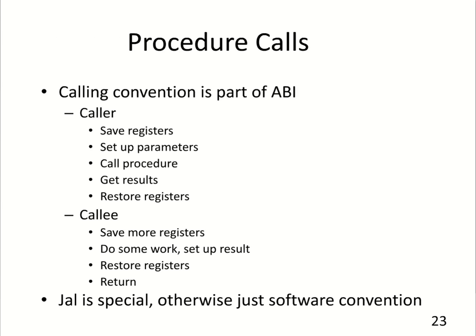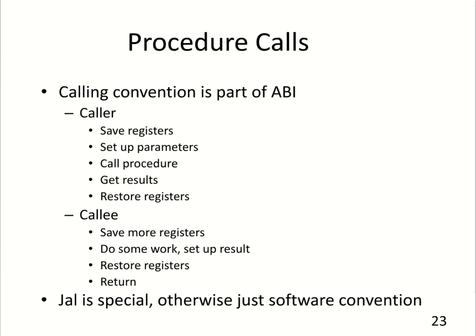One of the important things that has to happen to support high-level languages on top of one of these instruction set architectures is support for procedure calls. So procedure and function calls are commonly used in high-level languages, and typically an instruction set will be paired with something called an ABI, or application binary interface. The ABI is something that builds on top of the instruction set architecture to provide a standard way of making procedure calls. And the kinds of things that are specified as part of the ABI are how parameters are passed, which registers are saved and which are restored, how the procedure itself is called, where the results of a function